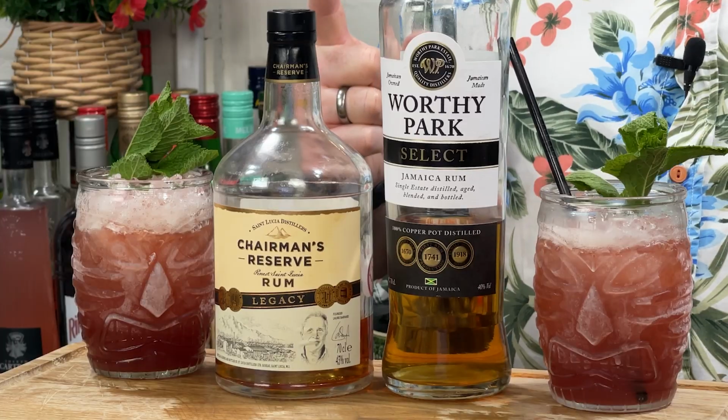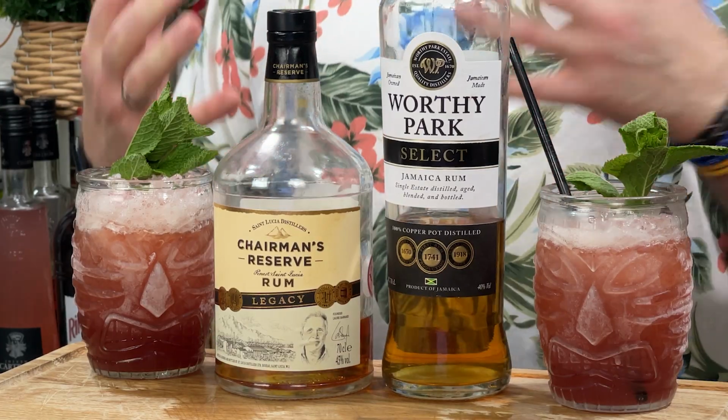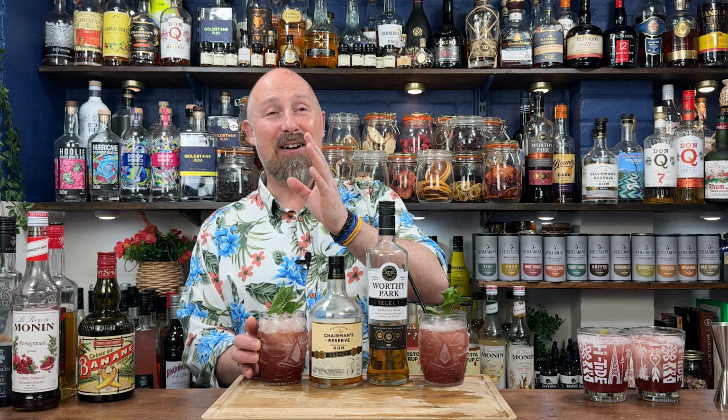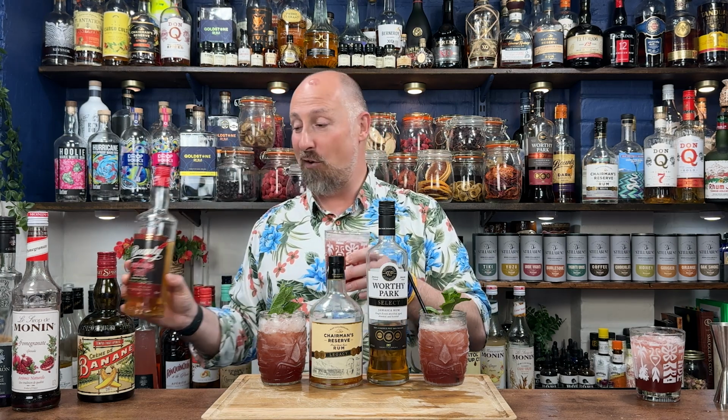Now, the Chairman's Reserve Legacy is not a Demerara rum, but it's kind of what I use in there because I do prefer it to the El Dorado rums. It's similar, it's different, but it's similar. And that is a very, very good cocktail. For me, it depends what you want. I was going to say, I actually still prefer the 151 at 22.5 ml over the Chairman's Legacy. It's almost become a bit too rich for me. However,